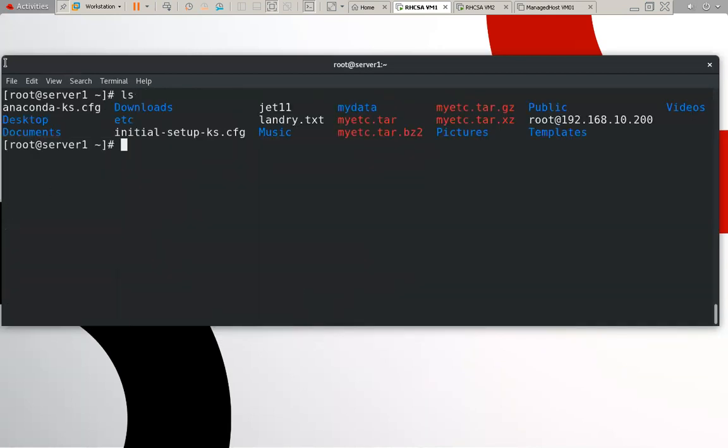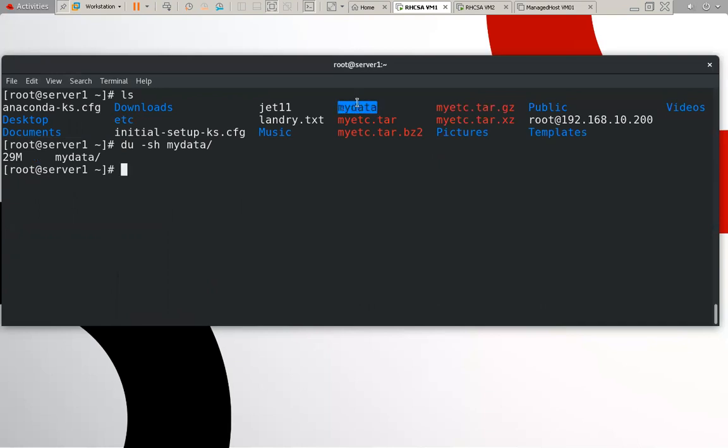Now check, this is my data directory. How much size do we have at this time? du -sh my data. How much size do we have? It's a size of 29 MB, because this is the size of the /etc folder. So the name of the etc folder we will change to my data.